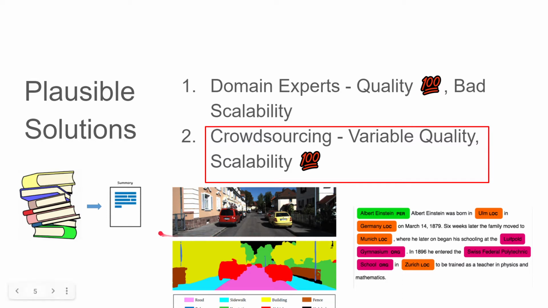Similarly, as regards image segmentation, where it's a generic, real day-to-day image, a simple layman can be used for image segmentation annotation.